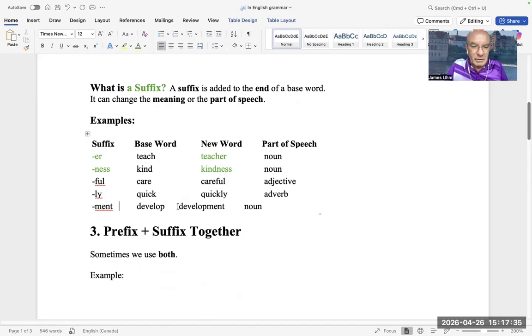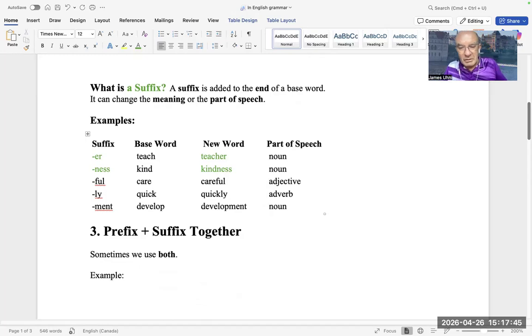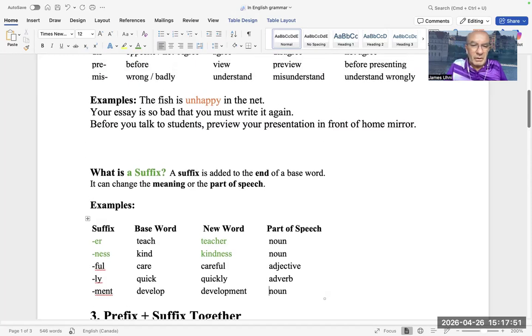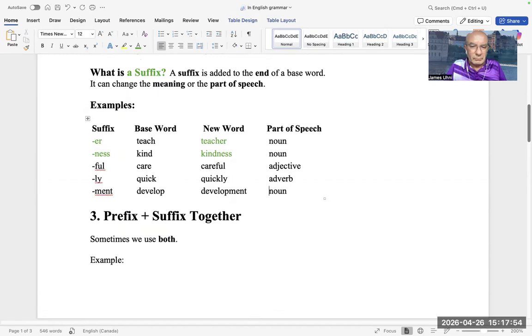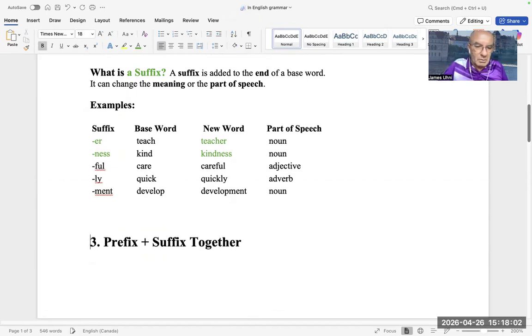So I should make examples for at least noun, adjective, and adverb. Well, I will make only, what do I have? I have 3, okay. So here we have prefix and suffix together. Let's push it down